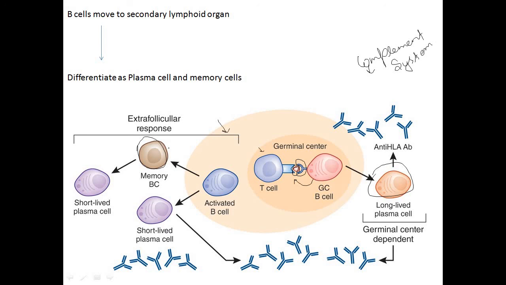So these B cells that proliferate and divide undergo clonal expansion, which means all the new B cells they produce are identical to each other. So this is how the activation of B cells takes place, and this is how the antigen gets cleared from the body with the help of these B cells.